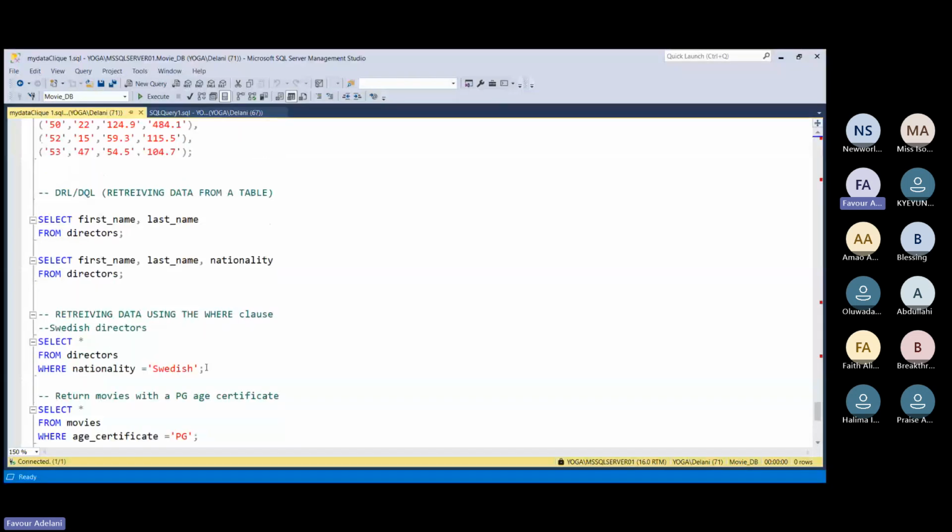Now, yesterday I had already started explaining the DRL and DQL sublanguage, of which we then started to talk about the where clause. I hope I'm still audible, please. Yes. So today we are going to be proceeding with the DRL. We are going to be talking about the DRL command and also